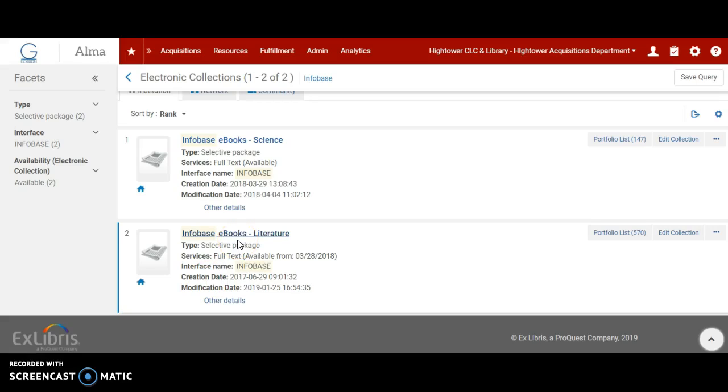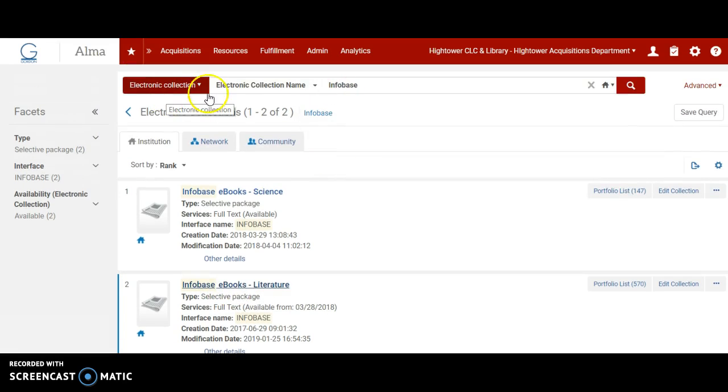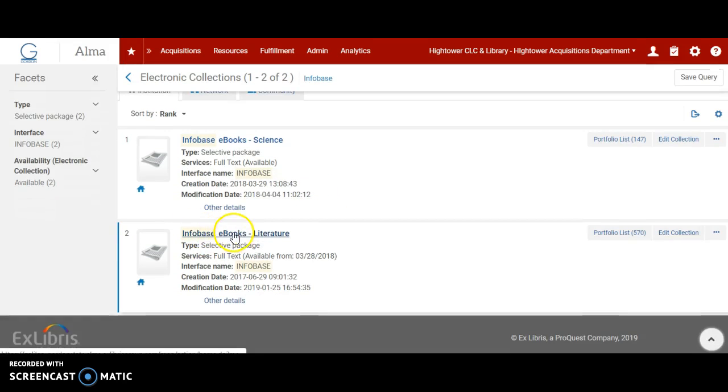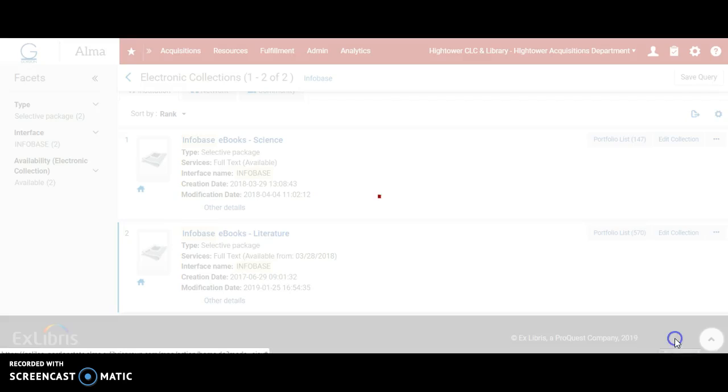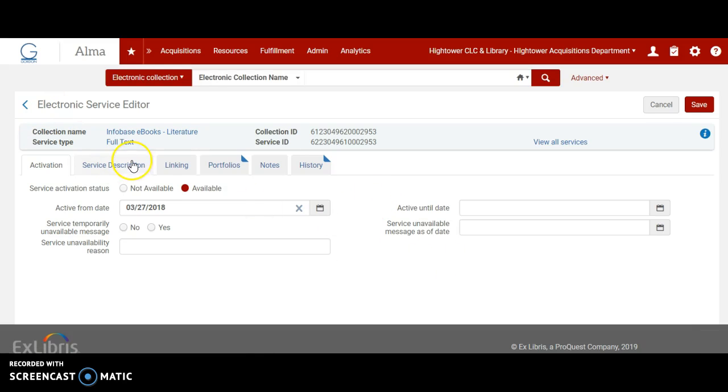Alright, what I've noticed when I'm doing the Open Athens linking is that for the service level, which is basically going to electronic collection, collection name, and we're going to do Infobase ebooks literature, and then selecting edit collection, or you can click edit service. Either way, that takes you to this page, and from here, let's see,